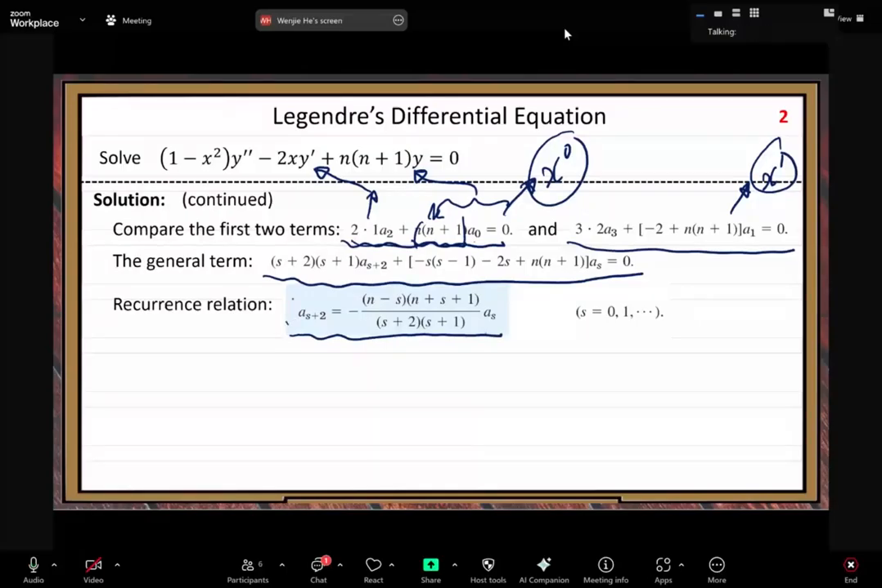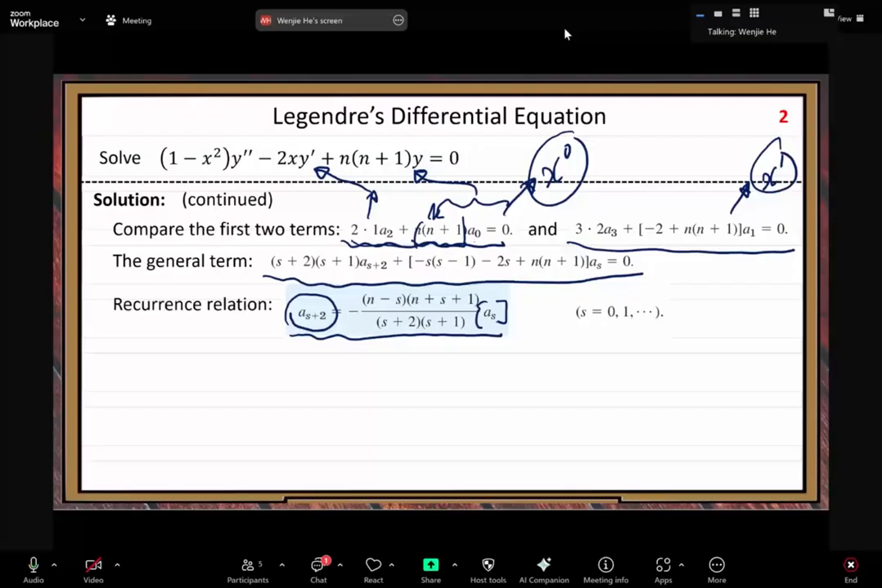understand a sub s plus 2 equals something multiplied by a sub s. When you calculate a sub s plus 2, you need to use the value of a sub s. The difference of the two subscripts is 2. So this property tells you